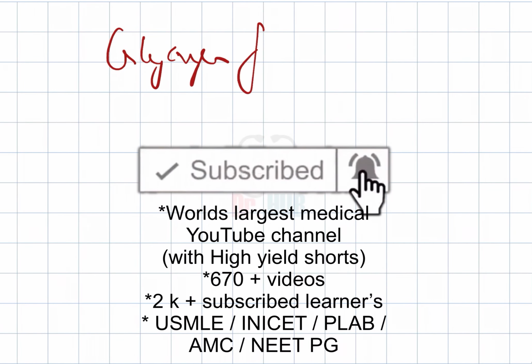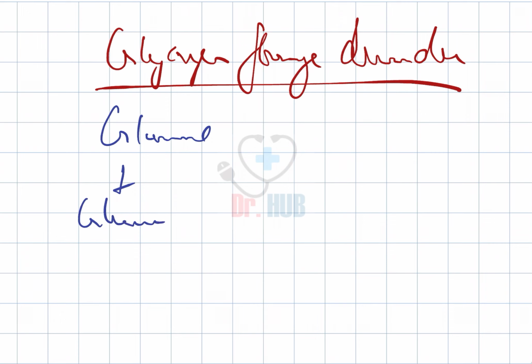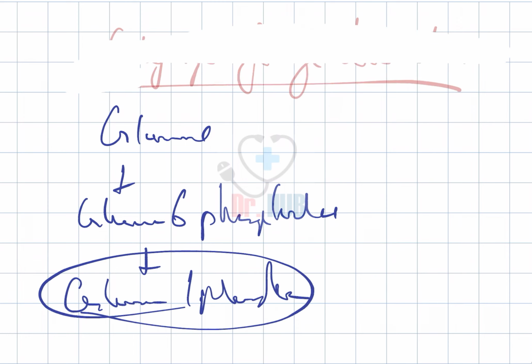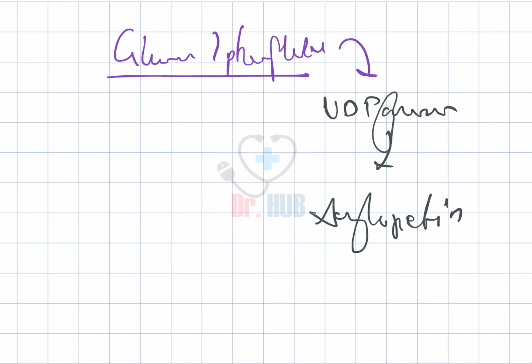Glycogen storage disorders. In glycogen storage disorders, the first step, we look at the cycle. Glucose to glucose 6 phosphate, it is converted to glucose 1 phosphate, and then the cycle begins. Looking at the cycle, glucose 1 phosphate is converted to UDP glucose. This is converted to amylopectin. Now in these reactions, the enzyme involved here is UDP glucose